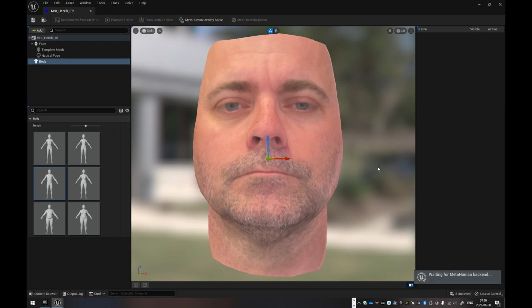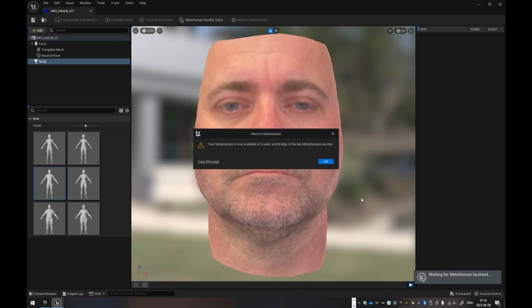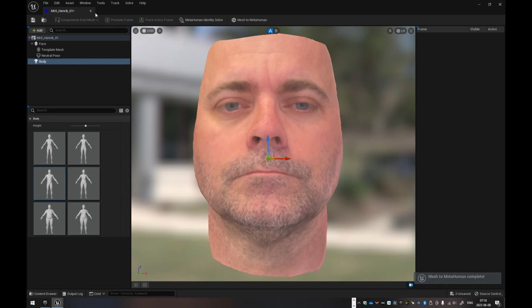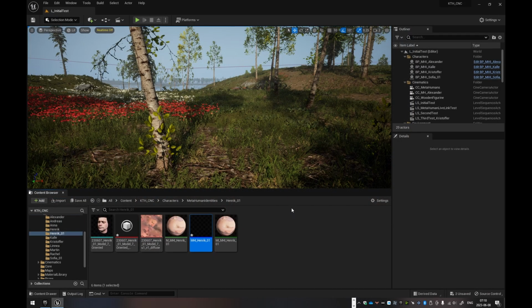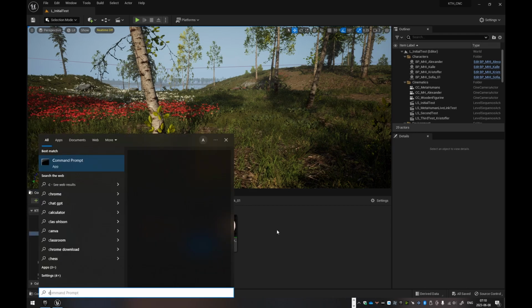And as you see, it's waiting for the MetaHuman backend. You will need to wait for that. And now, your MetaHuman is now available in Creator and Bridge in the My MetaHuman section. Very good. Okay. I'll close this and save all pending changes. Very good. And then we can go to a web browser